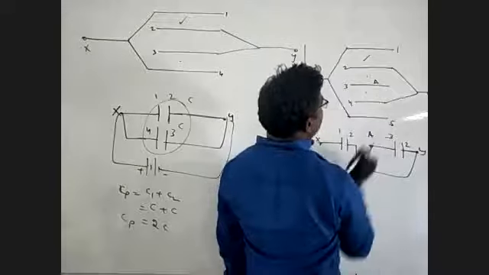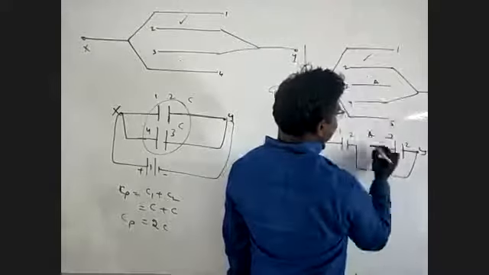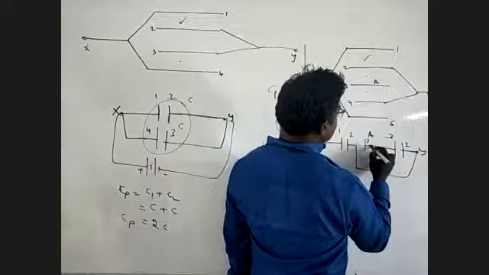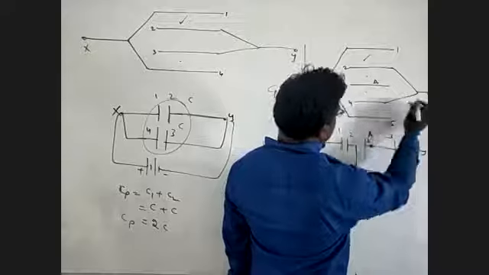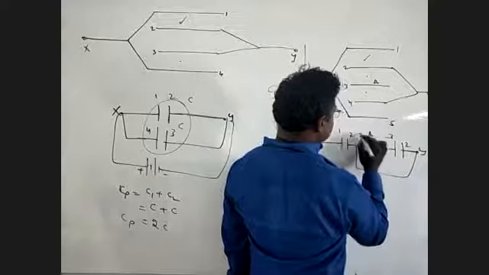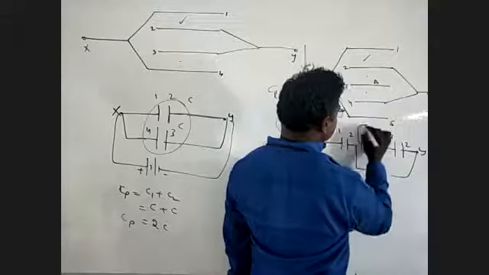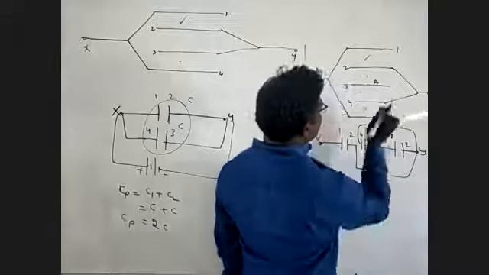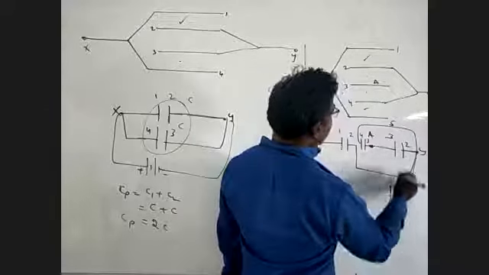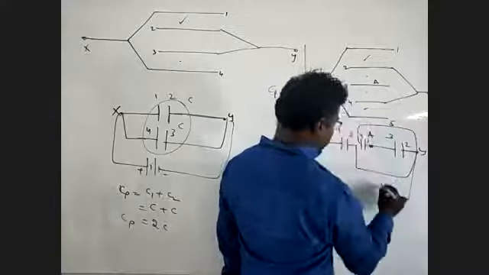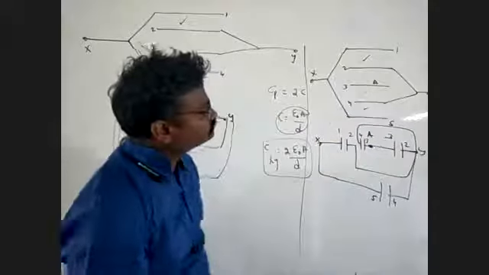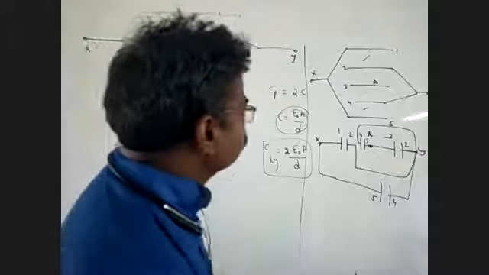Now next I'm at this place. 3 is connected to A. 4 is connected to Y. This is the fourth plate, connected to Y. Now at this place, 4 is connected to Y. 5 is connected to X. This is a circuit.